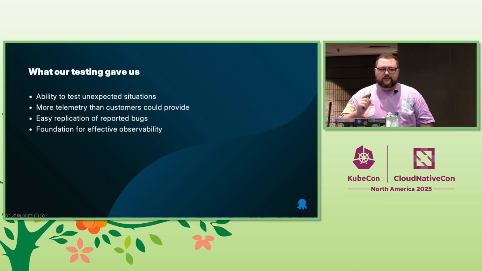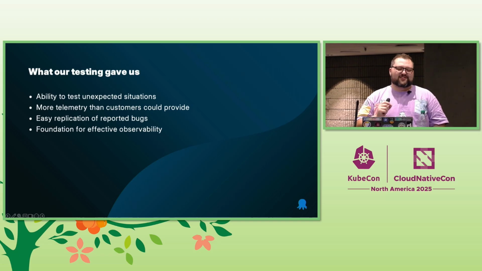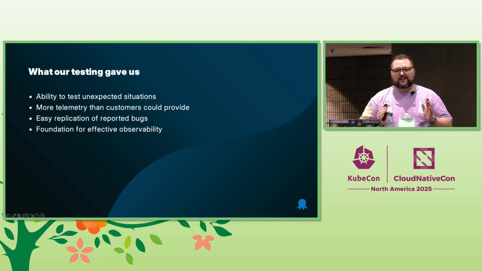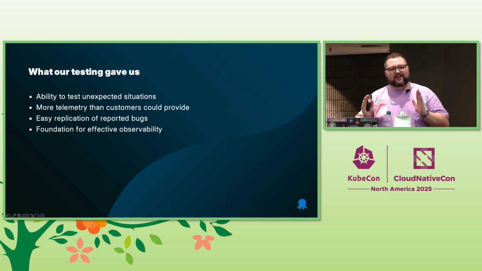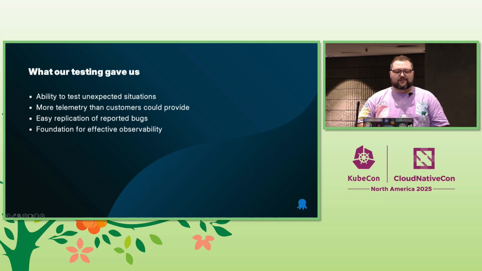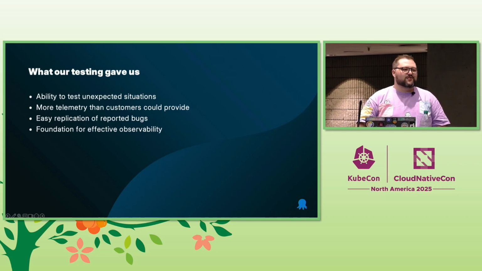So after all of that testing, we found lots of performance issues. We realized that there's a lot of things that could go wrong. But now we had the ability to test it. We had the ability to make sure that all of these things that were happening, they definitely could be reproduced. And it was really the foundation for our effective observability, because it let us know where we needed to start focusing and let us understand the limits of our software and where to let it go.